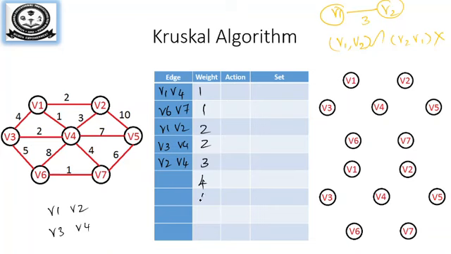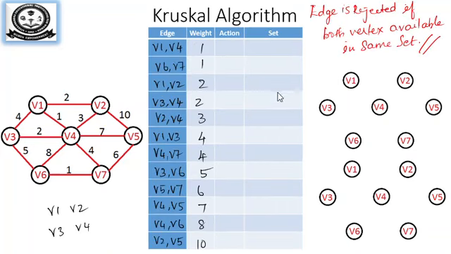The next weight is 4. You have two edges for cost 4: V1, V3 and V4, V7. Which will come first? V1, V3 has to come first. So V1, V3, V4, V7. Now the next weight we have here is 5. Is there any other 5? No. So you have V3, V6. So I have finished all the edges in ascending order. You can see the cost is in ascending order, and I have written the pair of vertices which has that cost.